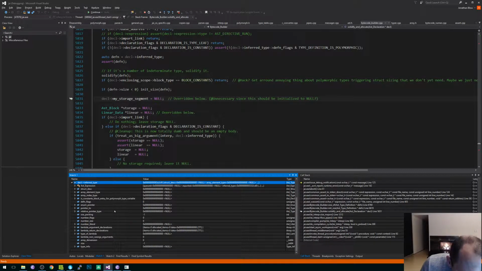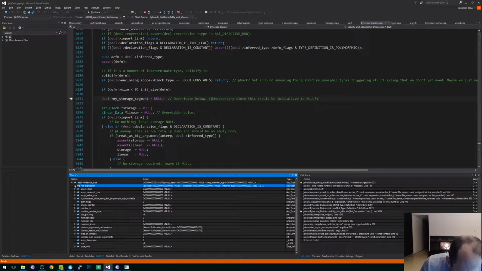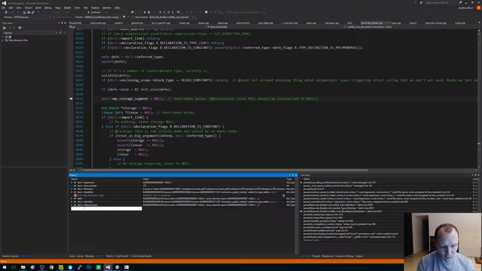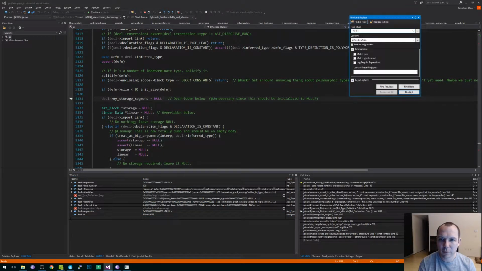It's a type definition with no sensible fields initialized. Where did that come from? Probably its expression. No. What? All right. Let's breakpoint in that.